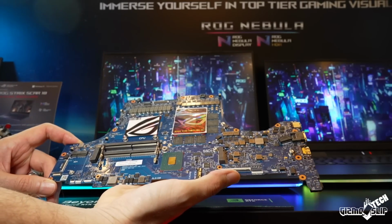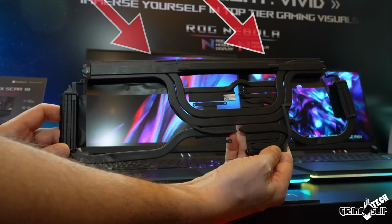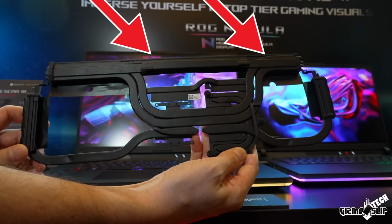Arguably the biggest upgrade for the Scar 18 is its new thermal cooling solution, and it's a multi-tier upgrade, so let's break it down, right? So the new heatsink design features 82.5% more surface area for the ultra-thin copper fans compared to the 2022 version